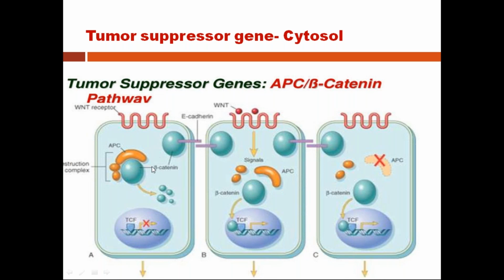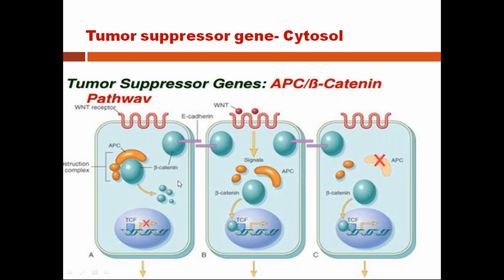So those are the two functions of the beta-catenin. Now in the normal cell, when the growth factor is not attached to the growth factor receptor, what happens? There's one protein called APC protein. This protein binds to the beta-catenin, which is not attached to the E-cadherin. Whatever leftover beta-catenin is there, it binds to and causes degradation of the beta-catenin.